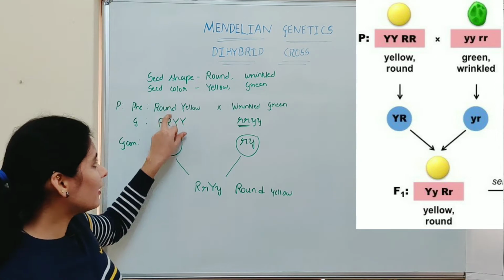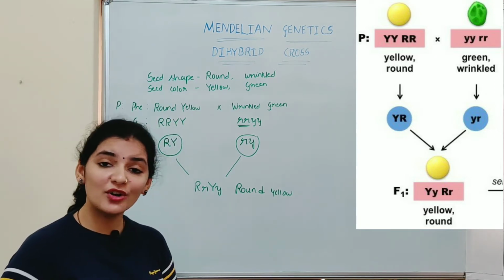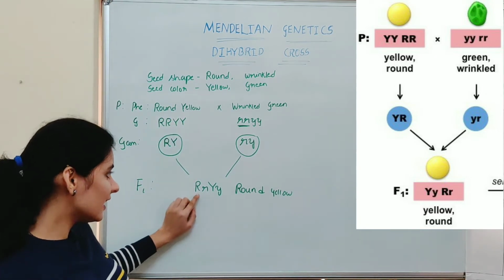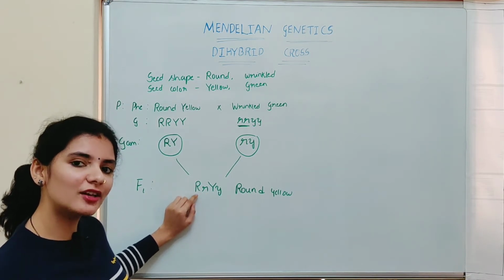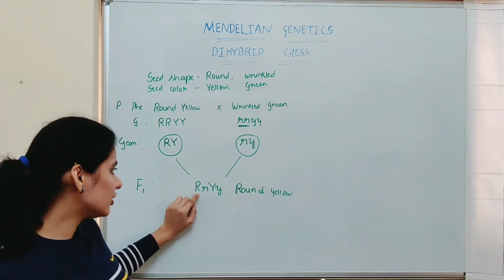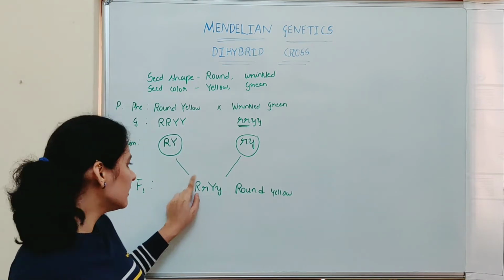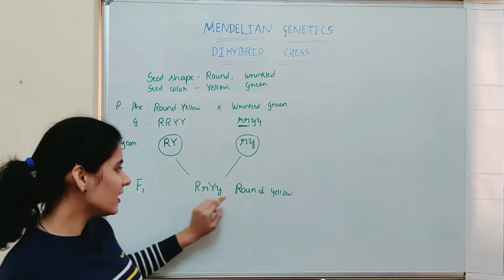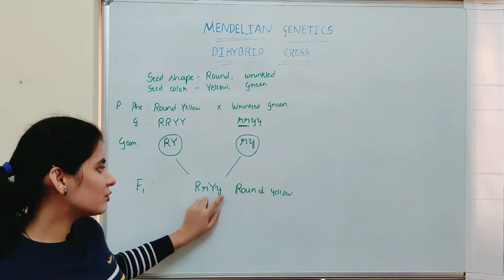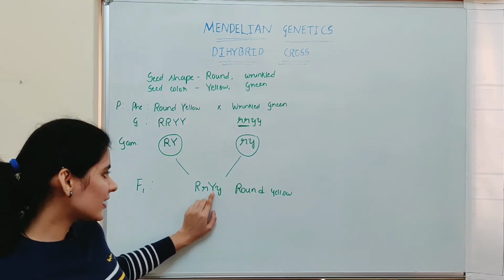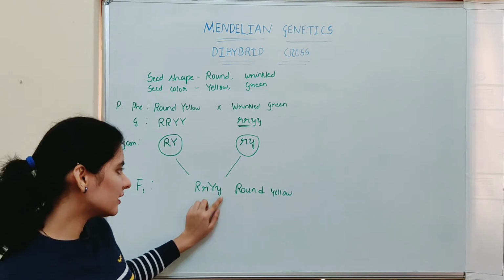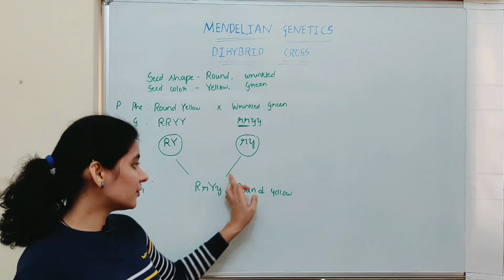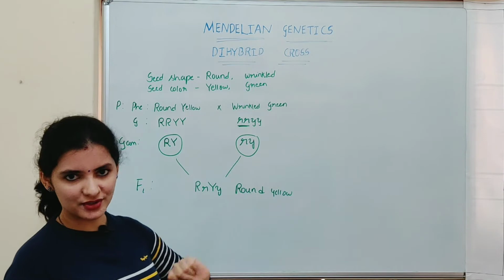similar to that of one of the parents. So that is according to the law of dominance. That is, capital R dominates over small r. So capital R is responsible for the round shape of the seed, so it dominates over small r, so the shape of the seed is round. Similarly, capital Y dominates over small y. So capital Y is responsible for the yellow color of the seed, so it dominates over the green color. As a result, the plant produces round and yellow seeds.